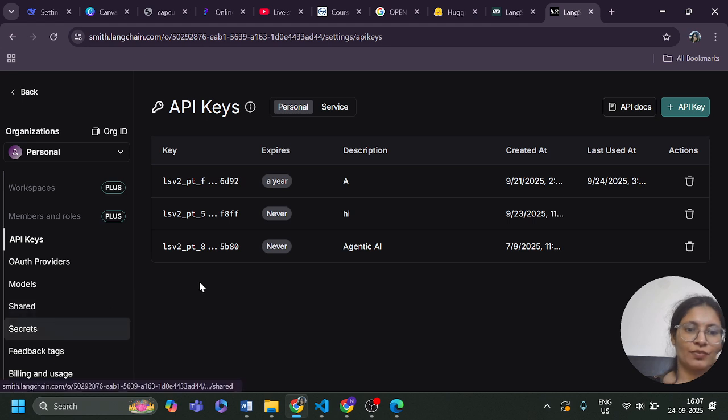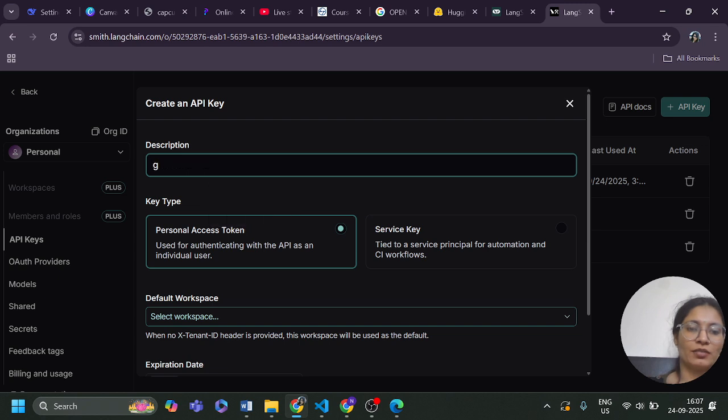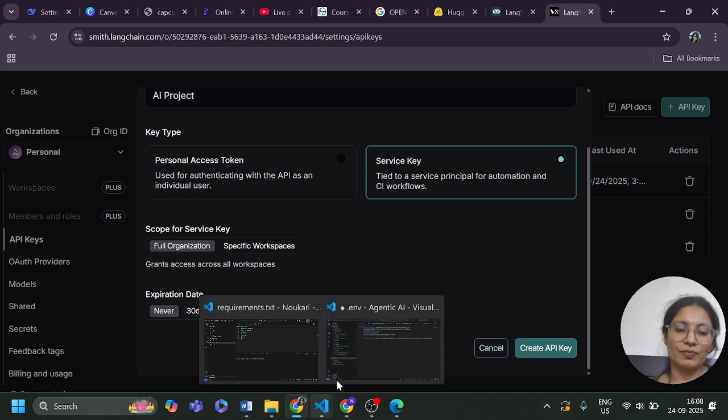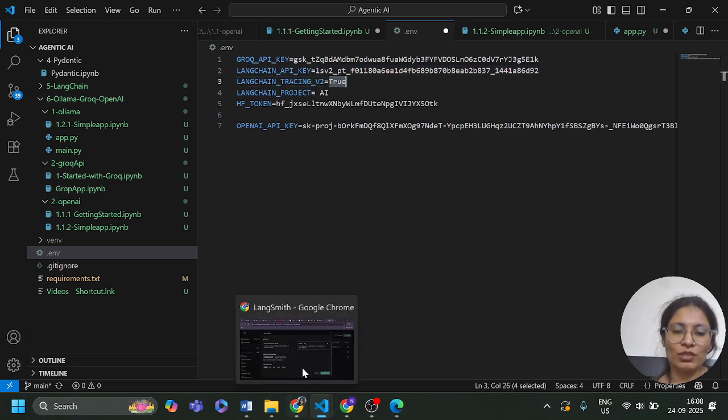Here you need to create an API key. Provide a description of the API key, like AI project. You can choose a personal access token or secret key. Then create your API key, copy it, and paste it inside the .env file. Here is LangChain tracing v2 equals true, so that we get all the information